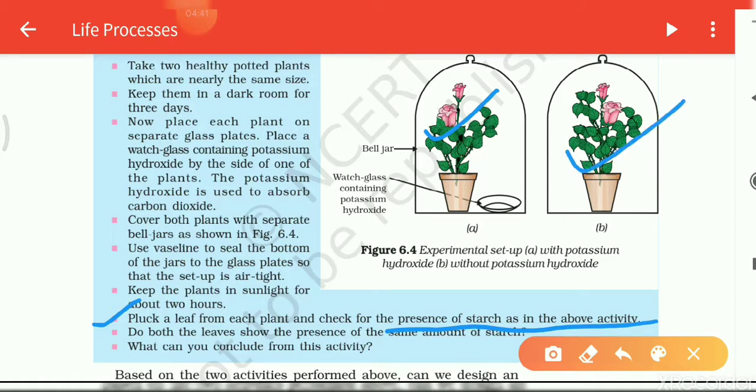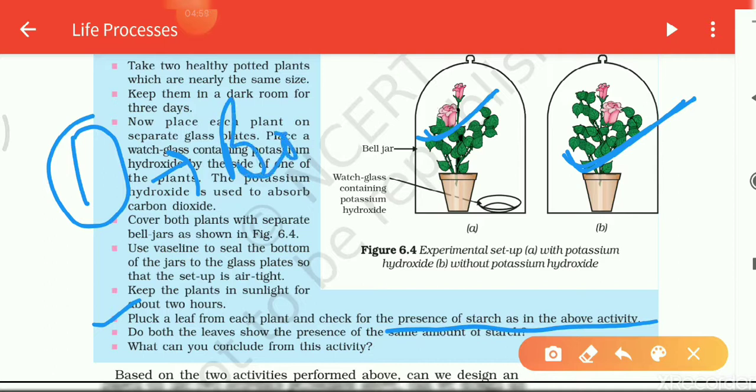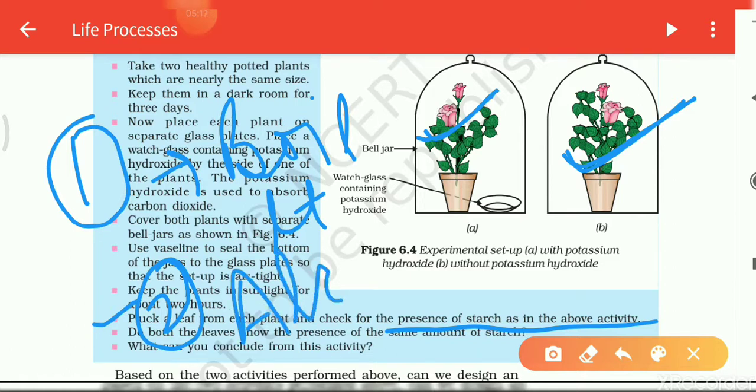You know, before testing this experiment, we have some steps. First we will do all these steps. Now you will take these leaves from both the potted plants, and in the first step you boil them. Why do we boil it? To make the cell membrane loose. In the second step, you will boil this leaf in alcohol. Why will we boil this leaf in alcohol? To remove the chlorophyll.